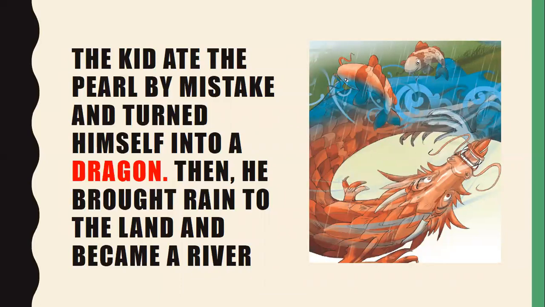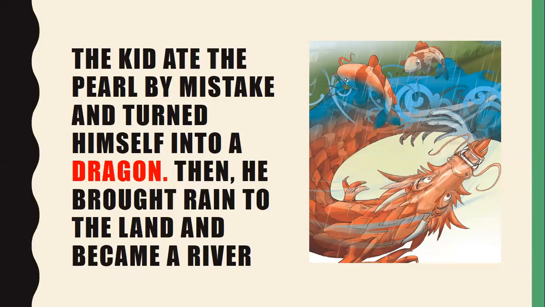So in order to make sure that the village had the water that they needed, instead of making the rain, he became the river that flows around the land where they live. According to the legend, that river is still there and he's still protecting his town. So that's the reason why this story is really interesting, because he could become a dragon and he was using a magical object.